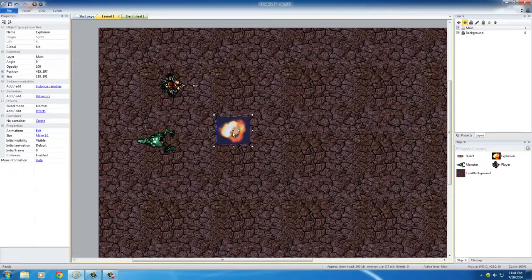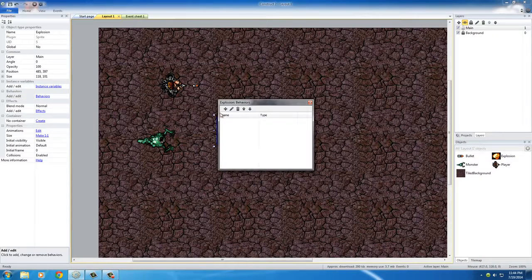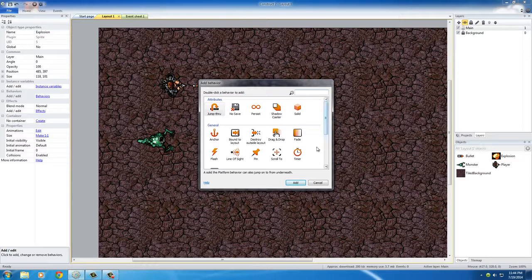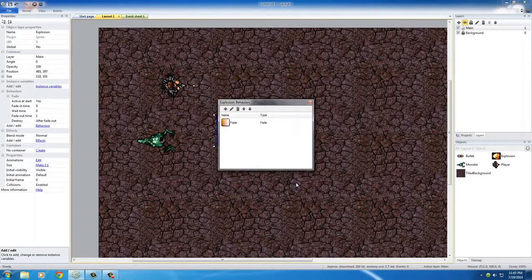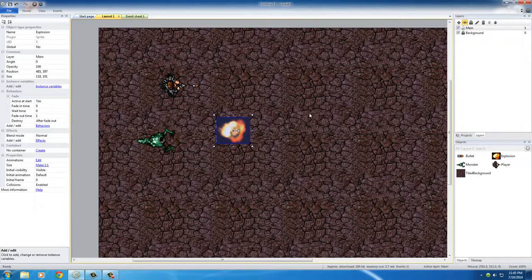And the only behavior I want to add for this explosion is this. Click on behaviors, add. I only want to add this, fade. Now what this does is it changes its opacity, which is pretty much the transparency. So basically what's going to happen, if I close out of that,